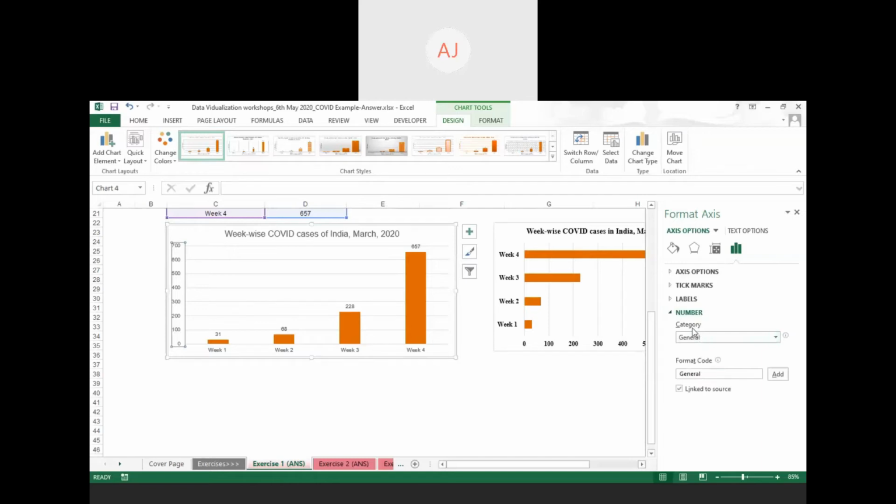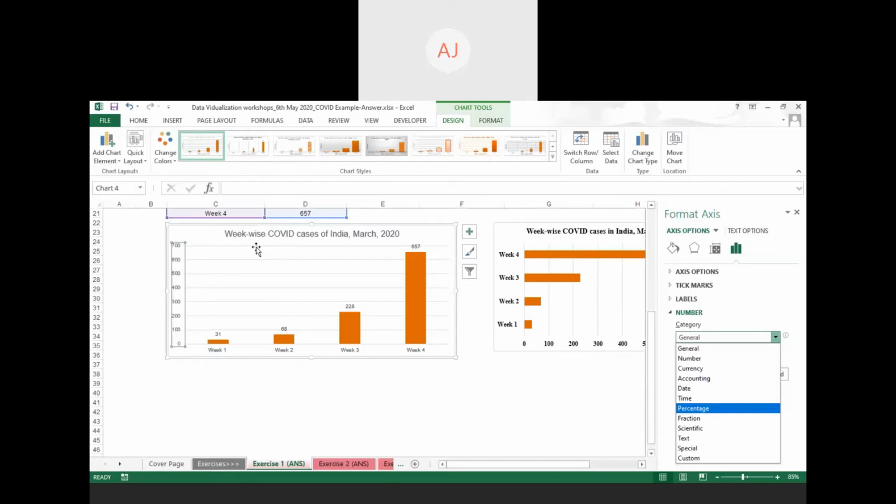The first one is category, and the second one is format code. In category, there are so many options. On the basis of these options, you can convert your y-axis value to a different mode. For example, if you are handling any marketing data, sir has already shown that many fruits were selling, and their representation was being shown to us.